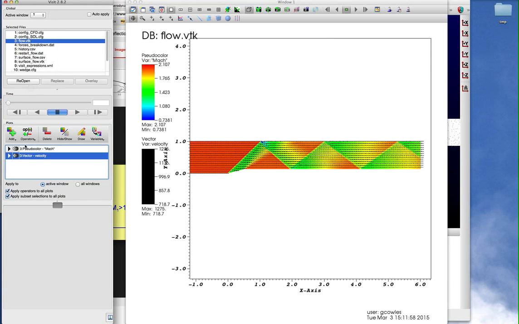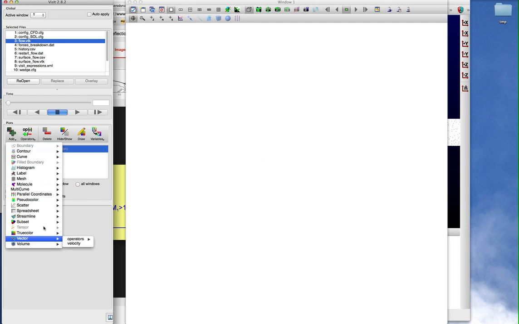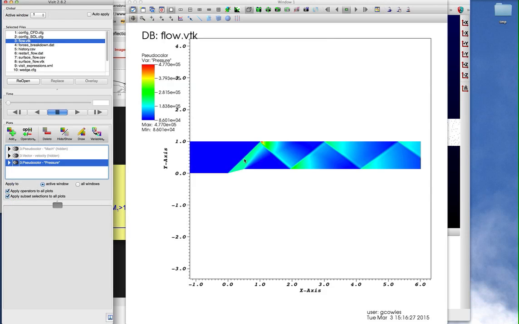We can also look at pressure. Let me hide that and add in pressure. And you can see the same thing. You see this big pressure jump across the normal shock, this initial normal shock, which sets up these oblique shock waves. So this might be part of an engine inlet for a ramjet engine, where instead of a normal rotating compressor to compress the fluid, you would use a series of oblique shock waves. You probably wouldn't use a parallel channel like this, but the result is the same. The pressure is rising,